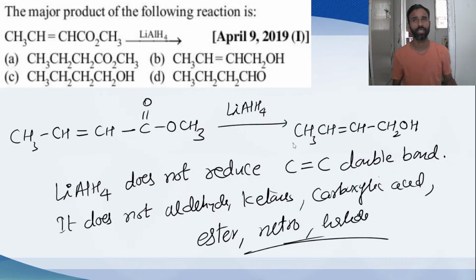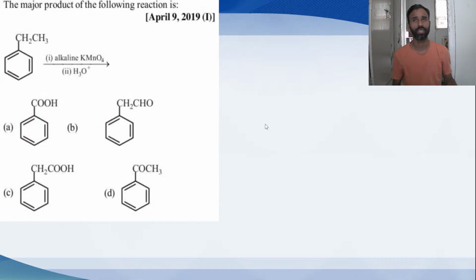That's why this is the product formed along with ethyl alcohol. That means D is the right option. Keep in mind, carbon-carbon double bond is not reduced by lithium aluminum hydride. Major product of the following reaction is